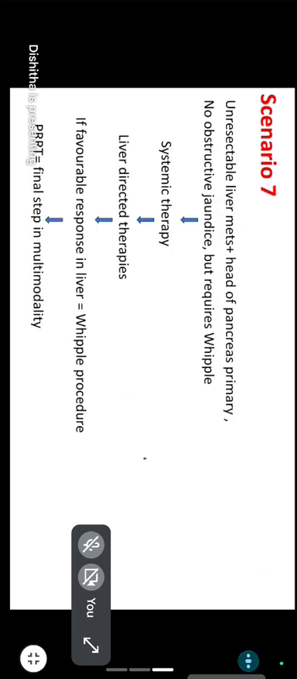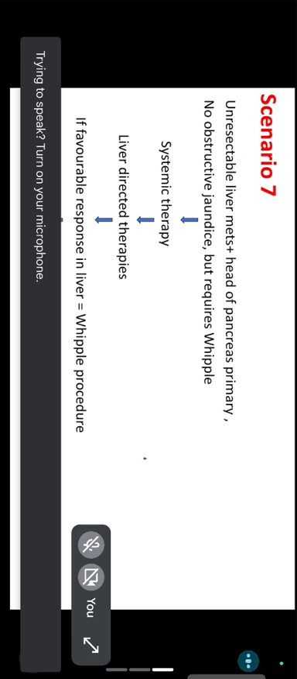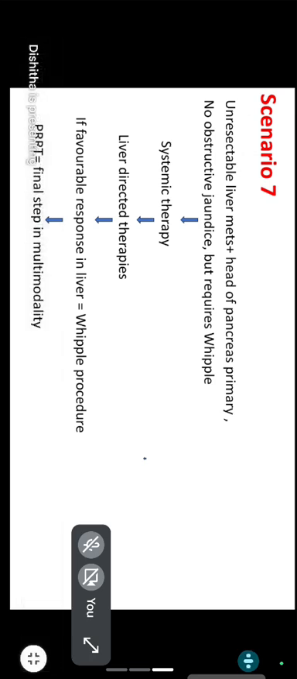So if it's an unresectable liver mets, especially head of pancreas primary, no obstructive jaundice, but requires Whipple's, in that case, we give systemic therapy. For the unresectable liver mets, we try the liver-directed therapies. If we see that there is a favorable response in the liver, most of the disease responding to it, then we plan for a Whipple procedure. Now that the main tumor bulk, a lot of it, has been reduced, then we can use PRRT as a